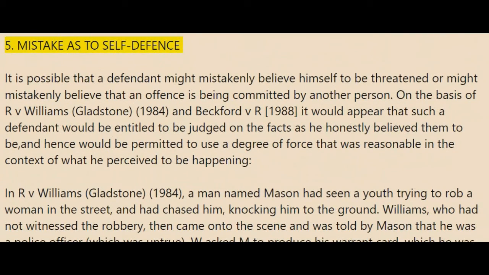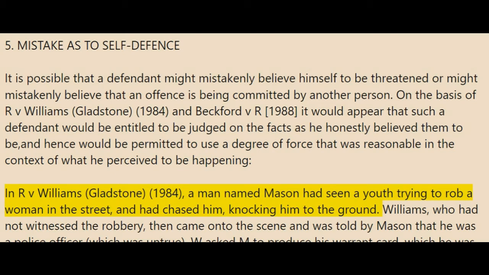5. Mistake as to self-defense. It is possible that a defendant might mistakenly believe himself to be threatened or might mistakenly believe that an offense is being committed by another person. On the basis of R v Williams, Gladstone, 1984, and Beckford v R, 1988, it would appear that such a defendant would be entitled to be judged on the facts as he honestly believed them to be, and hence would be permitted to use a degree of force that was reasonable in the context of what he perceived to be happening. In R v